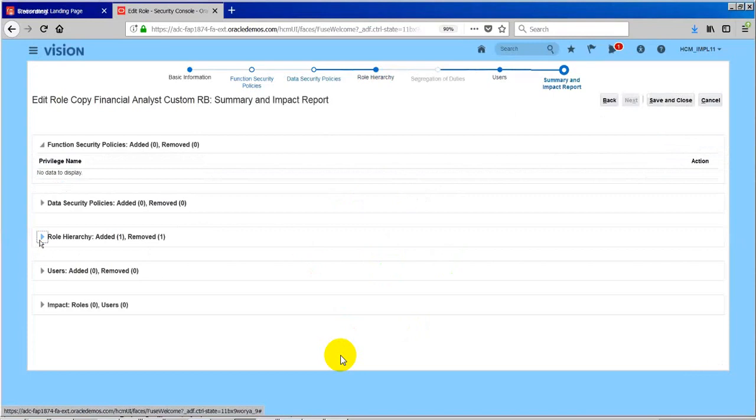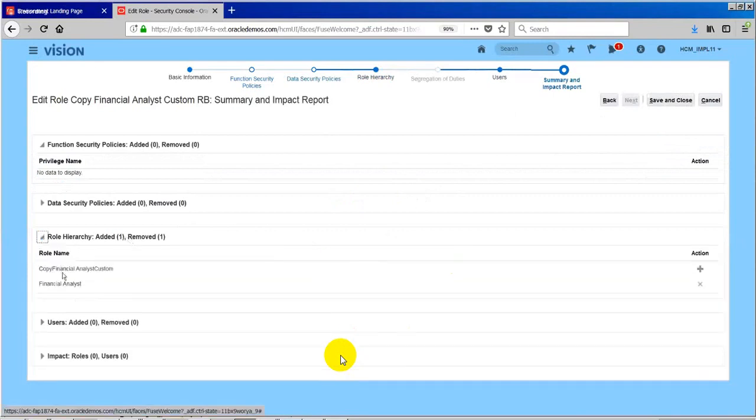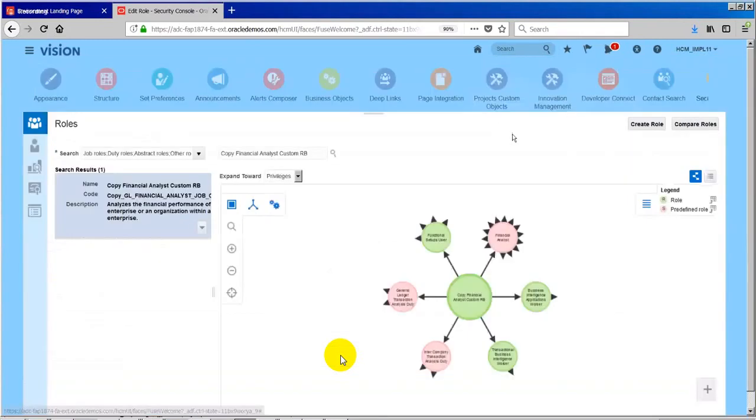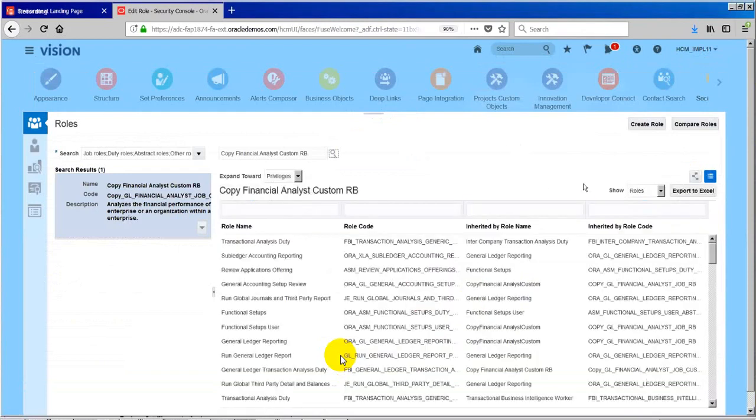So we added one and removed one. So we added the copy financial analyst role and removed the financial analyst role. Okay, save and close. Okay, now it is done.